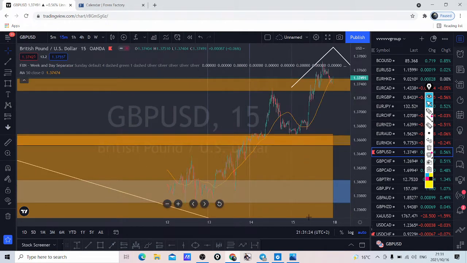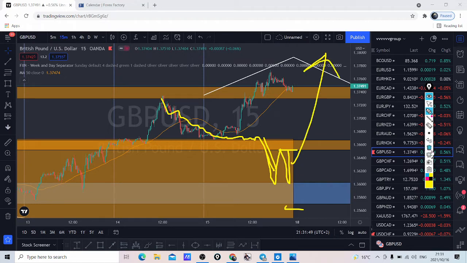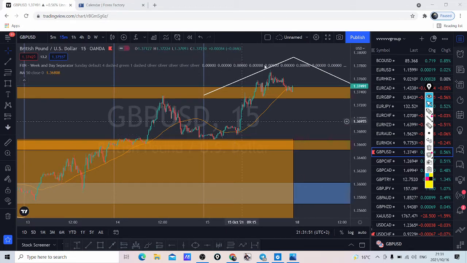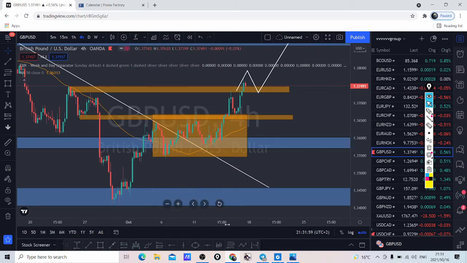Okay, let's go to the 15. As you can see, guys, as the market was going down, I was expecting to see the market making a manipulation, trying to go down, acting as if it is breaking to the downside, and then reversing quickly, maybe another push to the downside, and then making something like a double bottom pattern, and then enter here, put a stop loss below, and go up. But this just went straight up without giving us a stop hunt in the London session, or even the New York session is still fine on